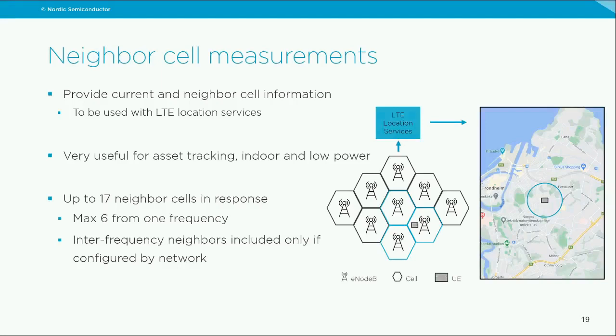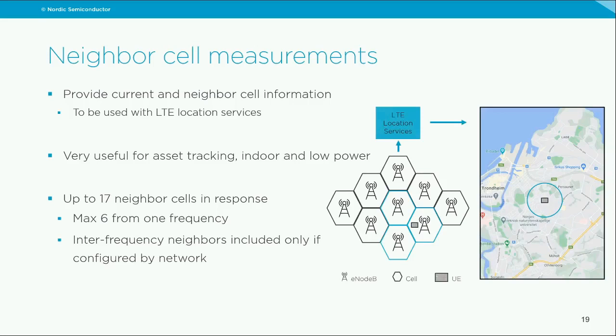device. This is very useful for asset tracking and also indoor tracking, and this is also very low power because it uses the LTE connection compared to GPS, for example. GPS uses more power than this. However, the accuracy will of course not be as good as GPS, so it also depends on how many cells that are around your device. But we have support for up to 17 neighbor cells in response, and max 6 from